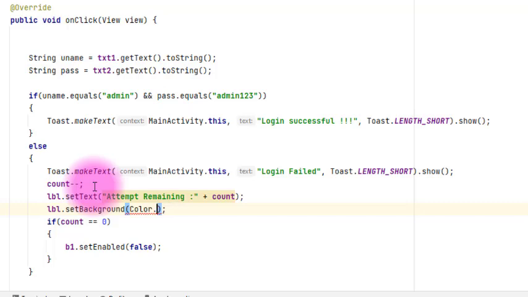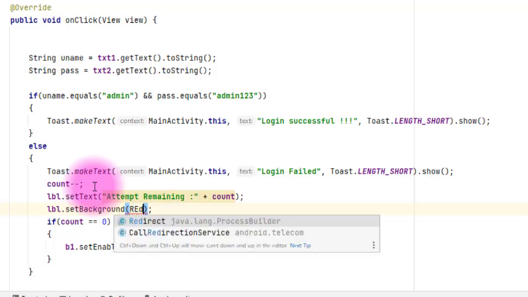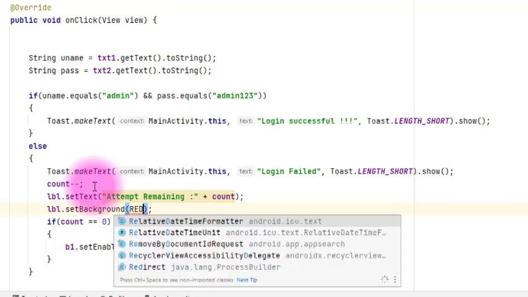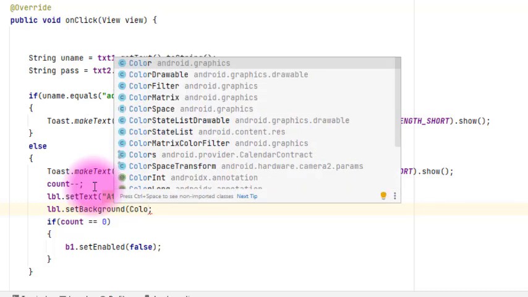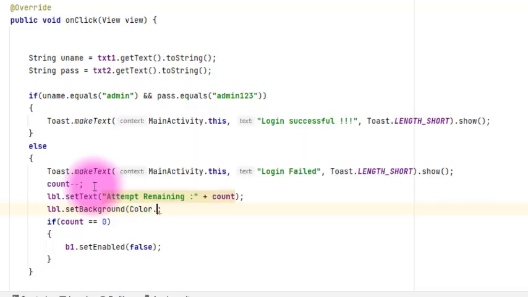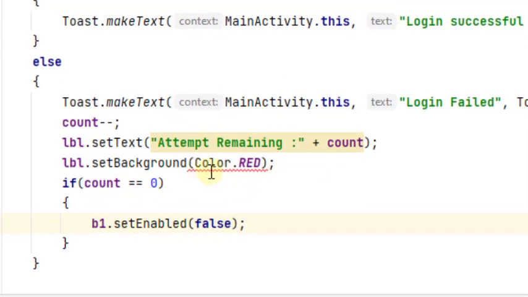We will make this a red color. See here it is giving an error because the method is setBackgroundColor.